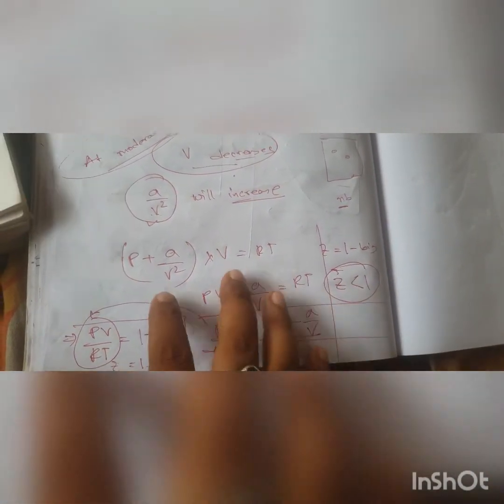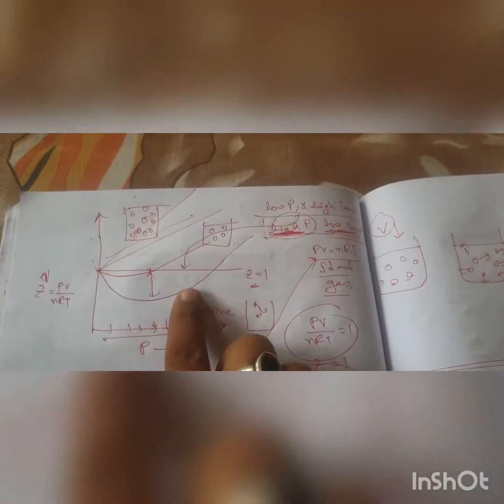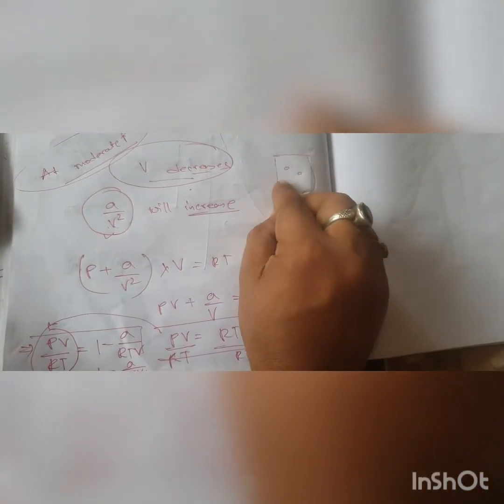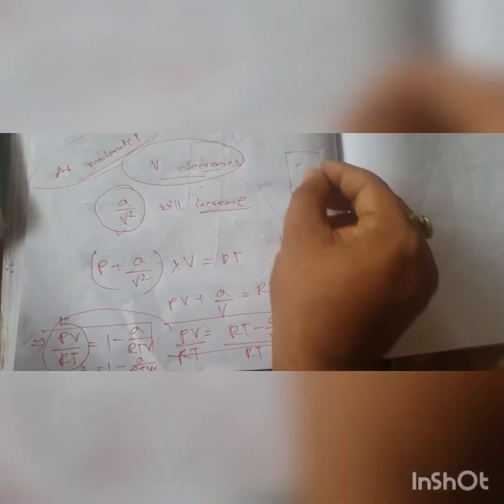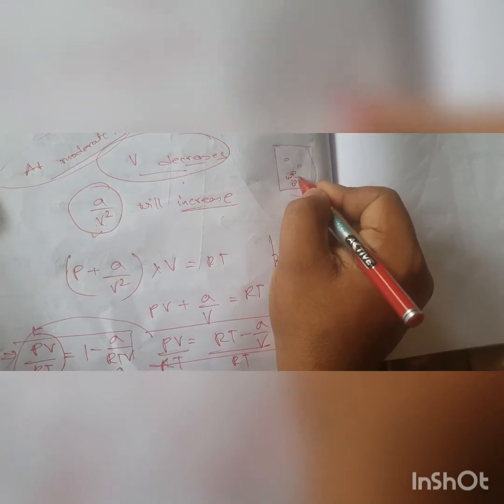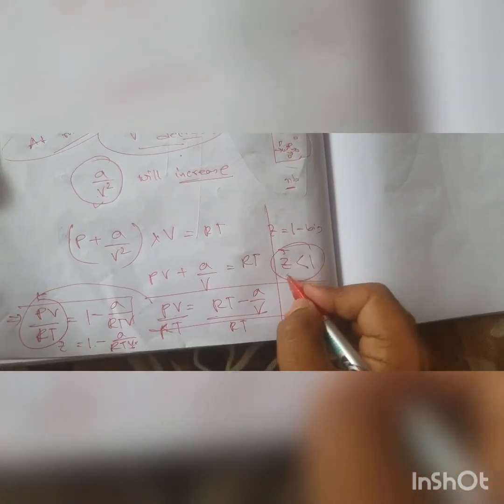So at moderate pressure, why is Z less than 1? Because of the effect of pressure. Didn't I say when I taught you at the beginning that the deviation is due to the effect of pressure? Now it is proved. At moderate pressure, when you increase the pressure a little bit, you were not considering the volume of the molecules, but the molecules are close enough that the pullback exists, so the pressure decreases a little bit. So that's why Z becomes less than 1. Did you understand this? Tell me.